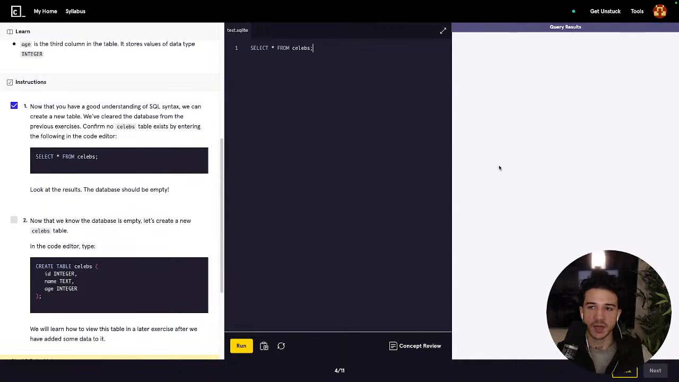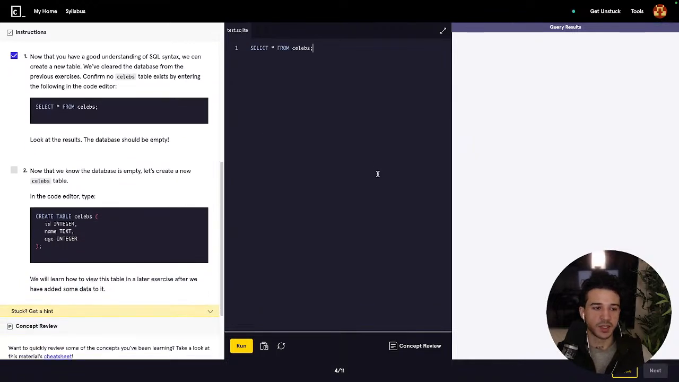Look at the results. The database should be empty. Now that we know the database is empty, let's create a new database. Let's create a new celebs table. In the code editor, type create table celebs